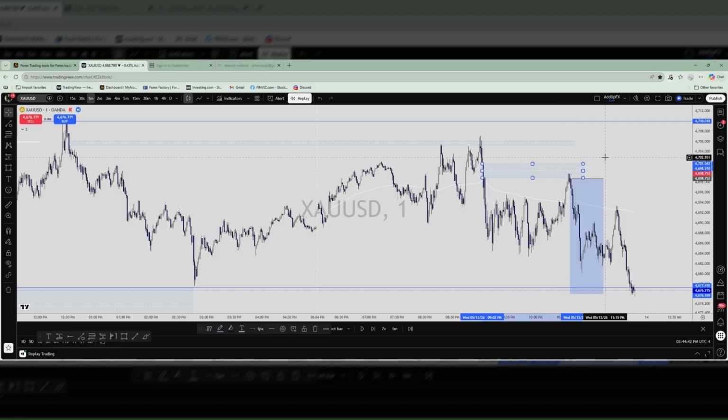But even right here, I was confident about it because it did come into the fair value gap, but it didn't even touch the 50. You know what I'm saying? So I felt like it was a good trade to try. And I don't mind small losses for the bigger picture. Honestly, if I would have lost this trade, there was plenty of other trades I could have got into later on in the day. But yeah, that was that.